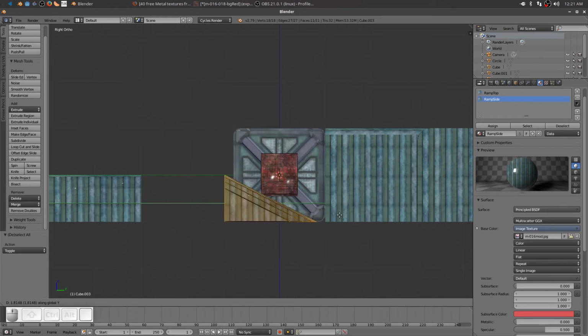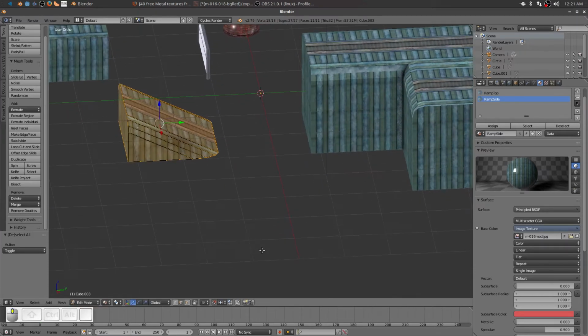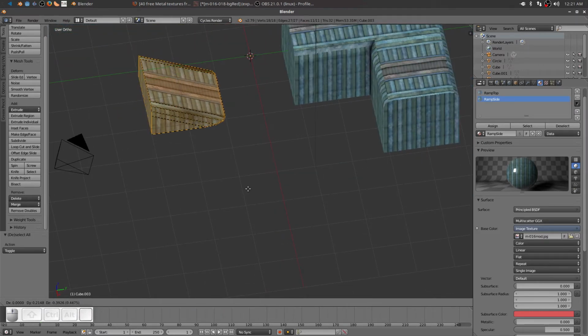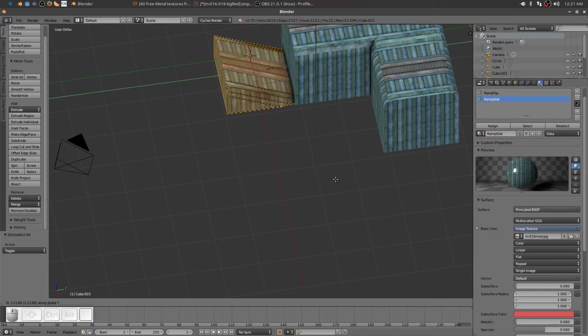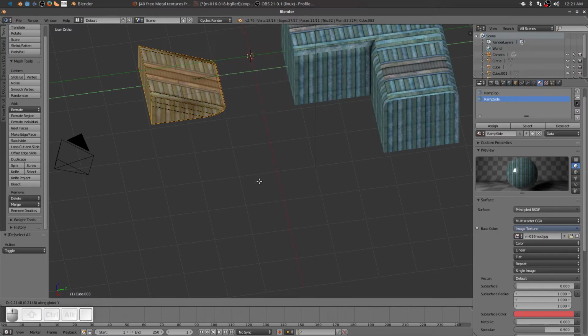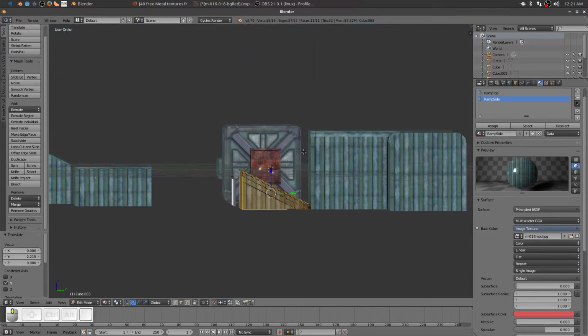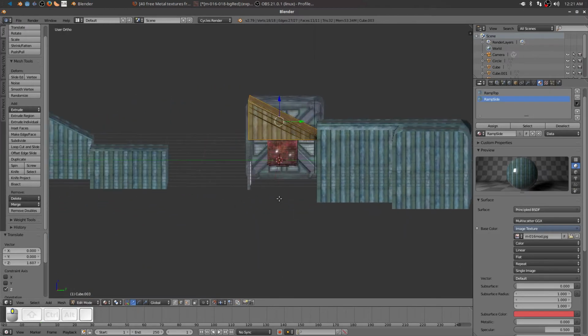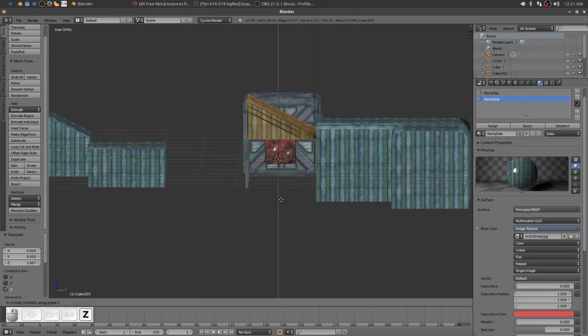Why is it not snapping? Should be snapping. G, Y. There we go. I must have been holding down the shift key. G, Y, move it over to. And then G, Z, and move it up to. Oh, it wants to go 2, but we need it actually down 1. So G, Z, and hold shift. Make sure that it gets right on